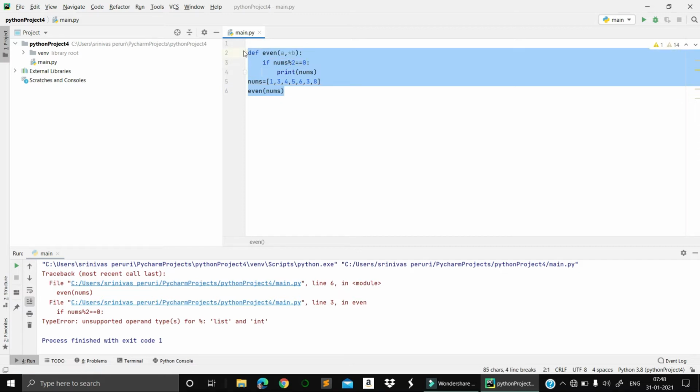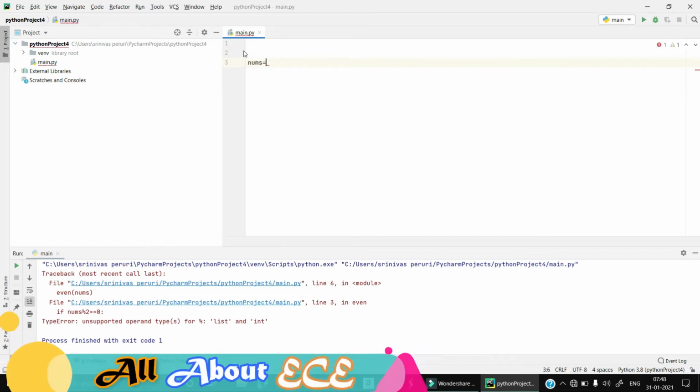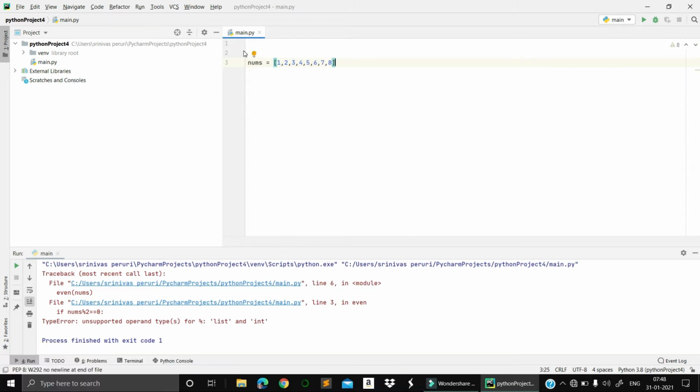To reduce this, we have a simpler model, right? So let's take, I'm creating a list. In the list, I just want to know whether the number is even or odd: 3, 4, 5, 6, 7, 8. I'm taking a set of values. In this case, I need to know what the evens are in the list. So I'm taking the list, and I need to convert into a list.